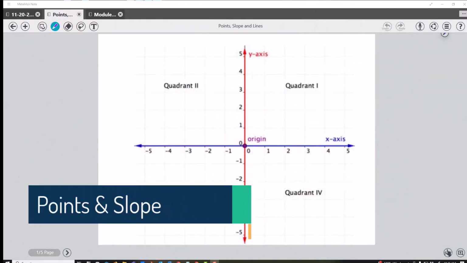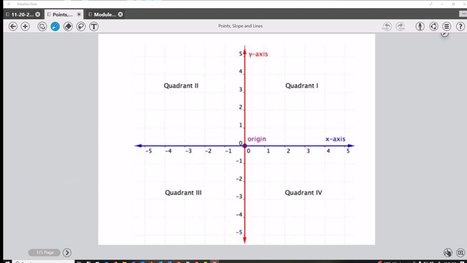Okay, to start this section, you're going to learn about points in the Cartesian coordinate plane, which is the graph that you've seen before, where the horizontal line is called the x-axis, the vertical line is called the y-axis. Right in the middle is the origin, which is actually the point 0, 0. And so whenever you're asked to find a point, you're always given the x value first and then the y